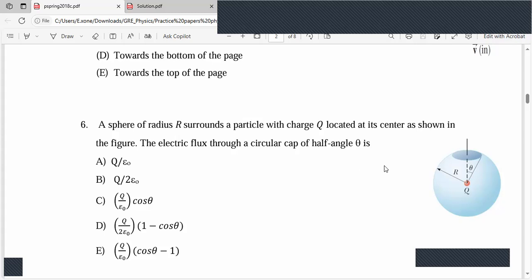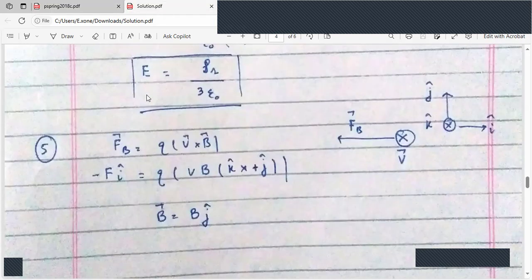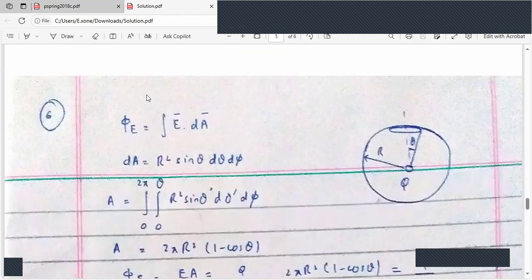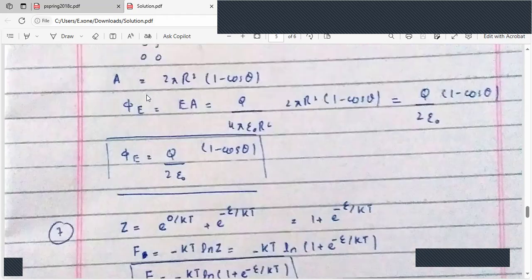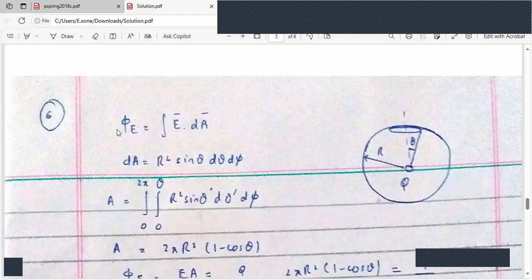So first, we have to find the area enclosed by the surface, and then we can easily find the electric flux passing through that gap. So we know that electric flux is just E dot dA, where dA is some area, and we want to find that. From spherical coordinates, we can find the differential area of the sphere by this formula,